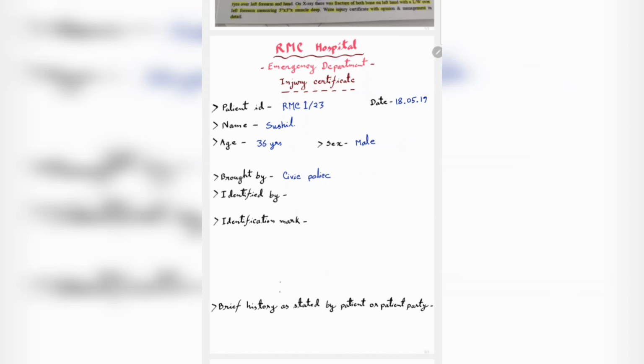And as he was brought by the civic police, here identified also by the civic police. If brought by the family or a family member mentioned in the question, we write that identified by the family or the civic police or the police. So here we write identified by the civic police. Next is the identification mark. We can see the identification marks 1, 2. So we write 1 black mole on the right ear lobule,